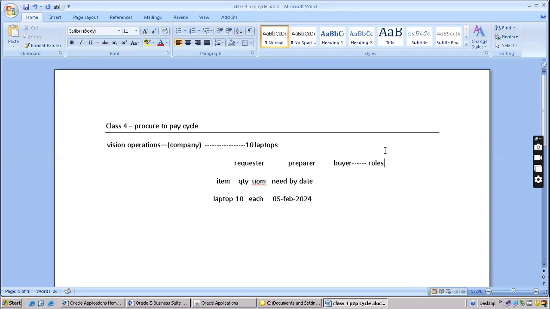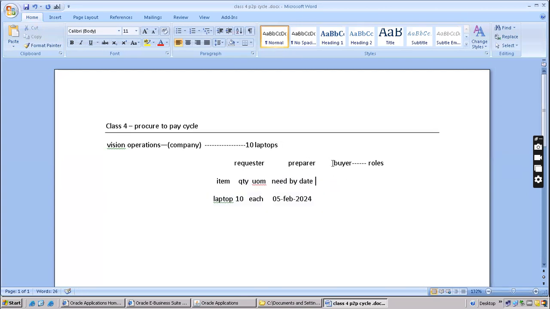The same person may play the requester role, preparer role, and buyer role, or all three may be different people. It depends on the company hierarchy. If your company's main branch is in Bangalore and he is requesting, and another person sitting in Delhi will prepare this list, that person is called the preparer.